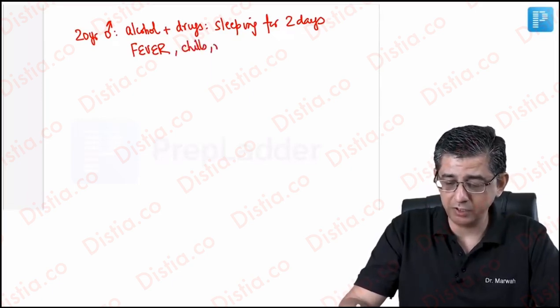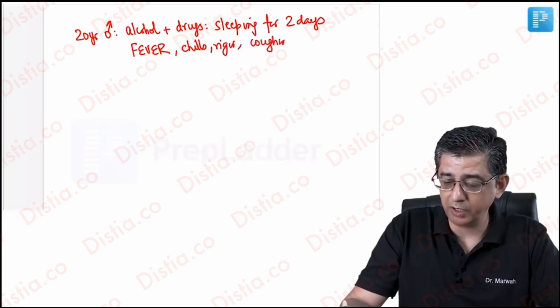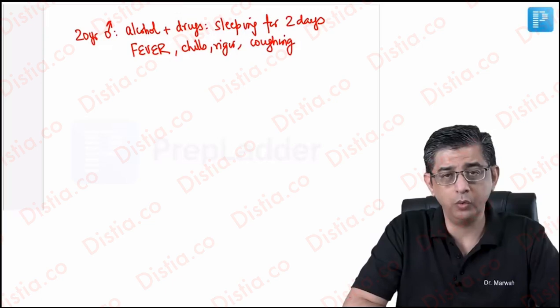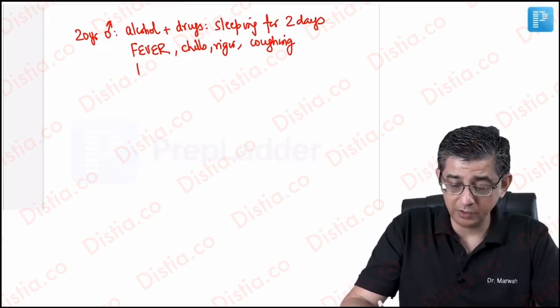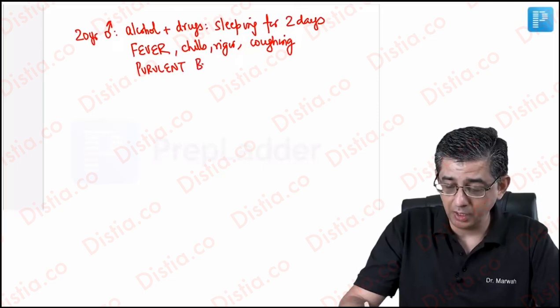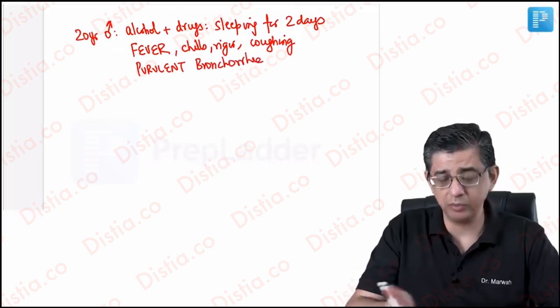a high-grade fever associated with chills and rigors. He was also coughing badly. This was a productive cough, with purulent bronchorrhea present. So that's when you start understanding that a lower respiratory tract infection could have developed in this patient. In fact, to supplement this, the question also gave a chest X-ray, and I'm just going to hand draw